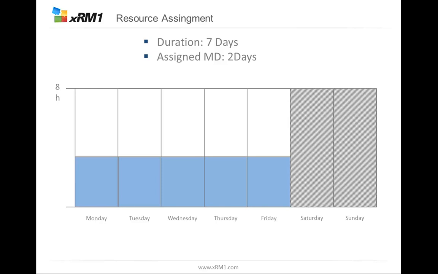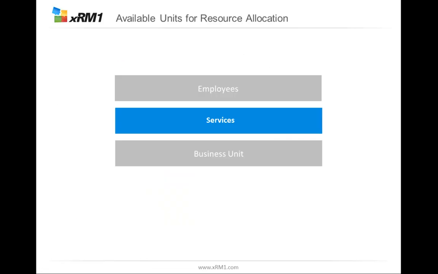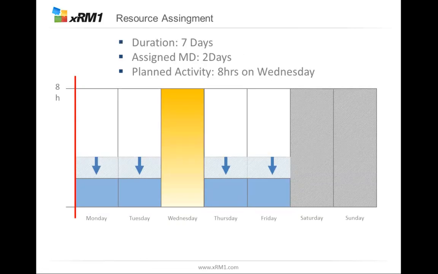But if I now want to plan more in detail, I can, for example, create an appointment for Wednesday and say, okay, he should work for the whole Wednesday. If you create an appointment, this appointment will come up in the planning table on Wednesday. And because there is only 1 day left, these 8 hours of allocation on the other days go down because he's doing it on this day and not on the others anymore. So let us look this up in the system.